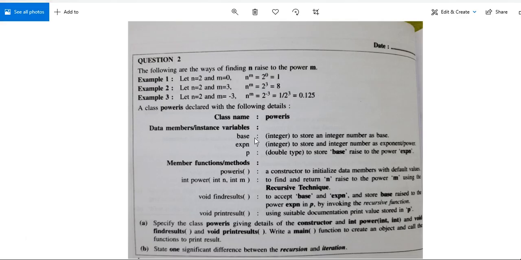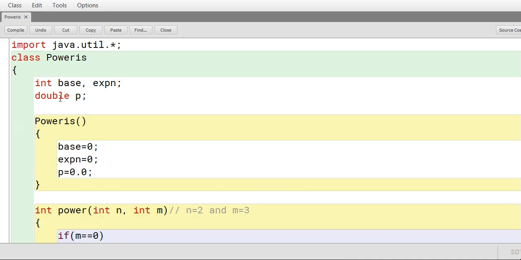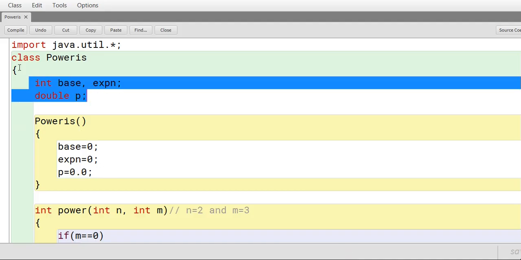Base stores the integer number as base, expn stores an integer number as exponent or power, and p is double type to store base raised to the power expn. So here we have declared the variables in the class.